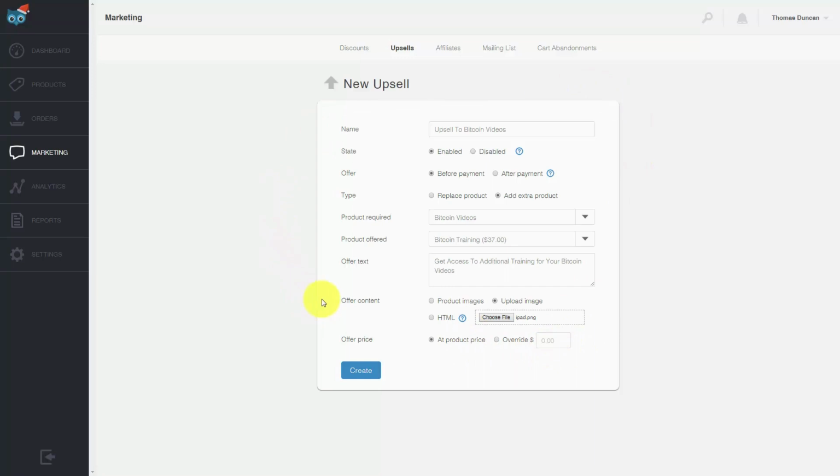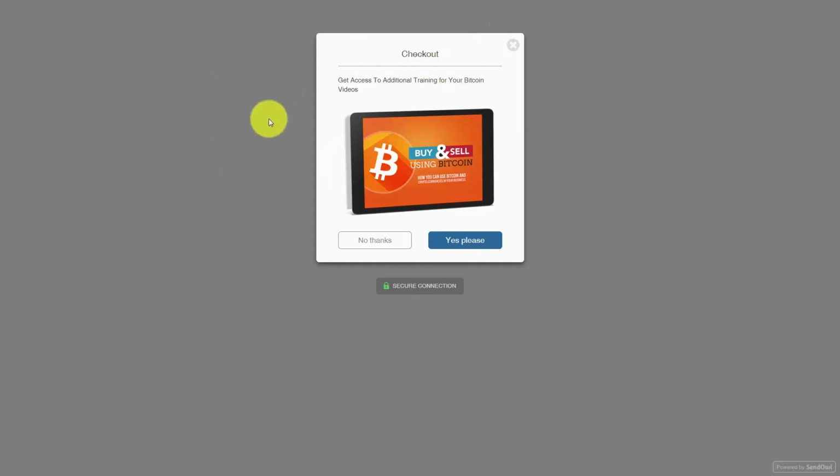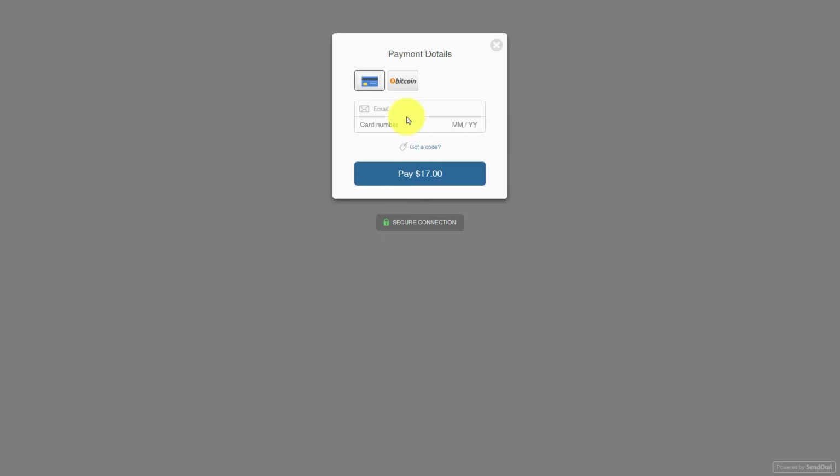Once you've completed everything in your upsell, you're then going to click Create. And once you've done that and you see your upsell in place, you will have the person buy your product, but then be shown another offer. And you'll see this when the client goes to check out. They'll be shown this other offer where they can get access to additional training. They can either say yes or no and then be taken to their offer. So for example, if they say no, they'll then be taken to the regular offer where they can pay in